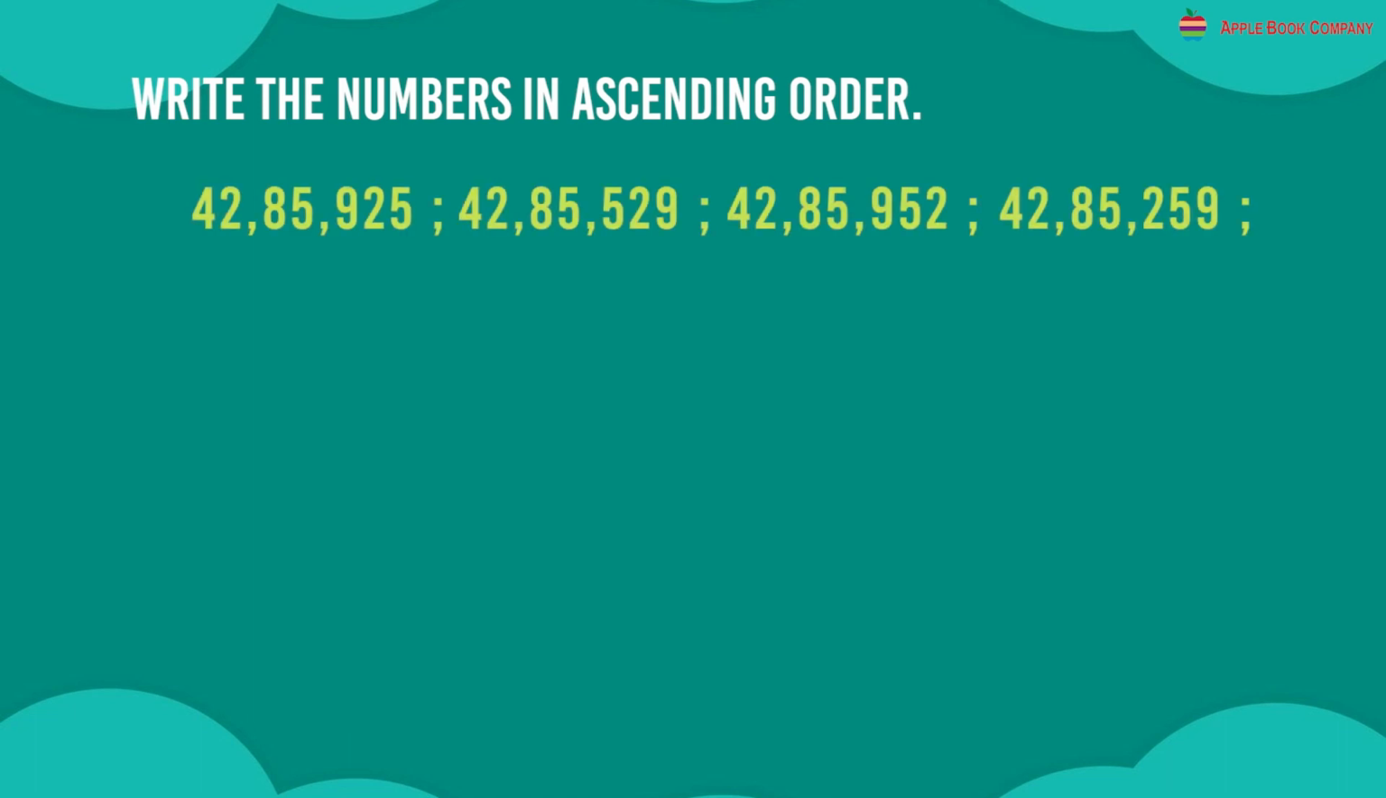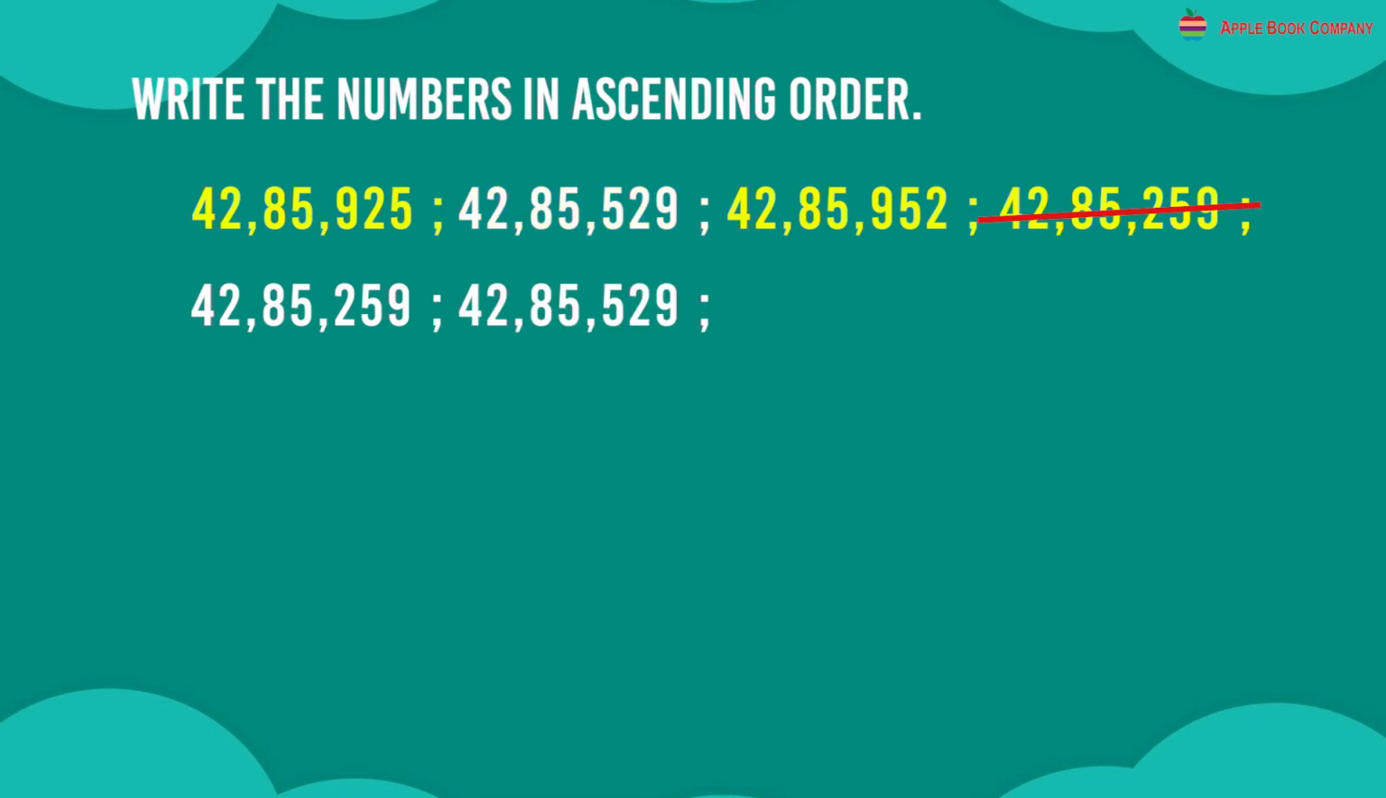When you see, the first 4 digits of all the numbers are the same. Hence, let's compare the last three numbers 9, 5, 9 and 2. Since 2 is the lowest number, the first number in the ascending order is 42,85,259. Now, let's compare the other three numbers 9, 5 and 9. Since 5 is less, the next number will be